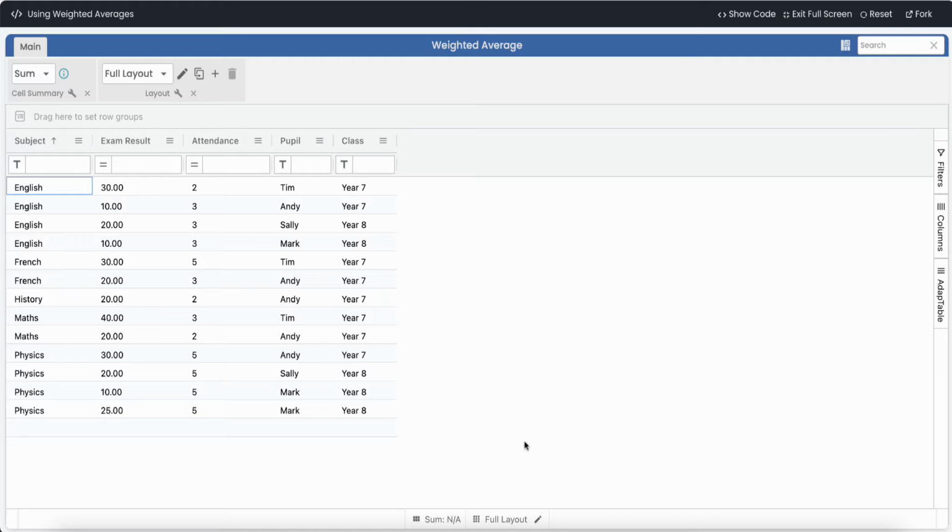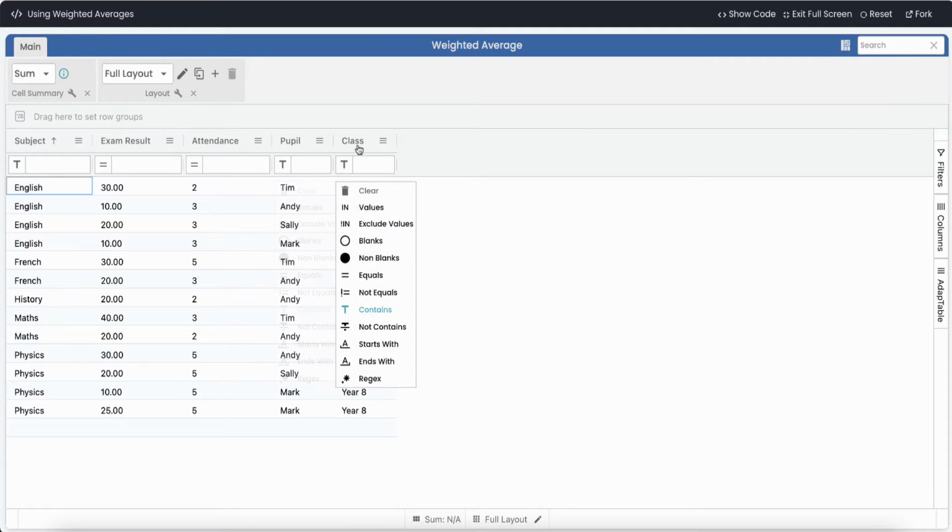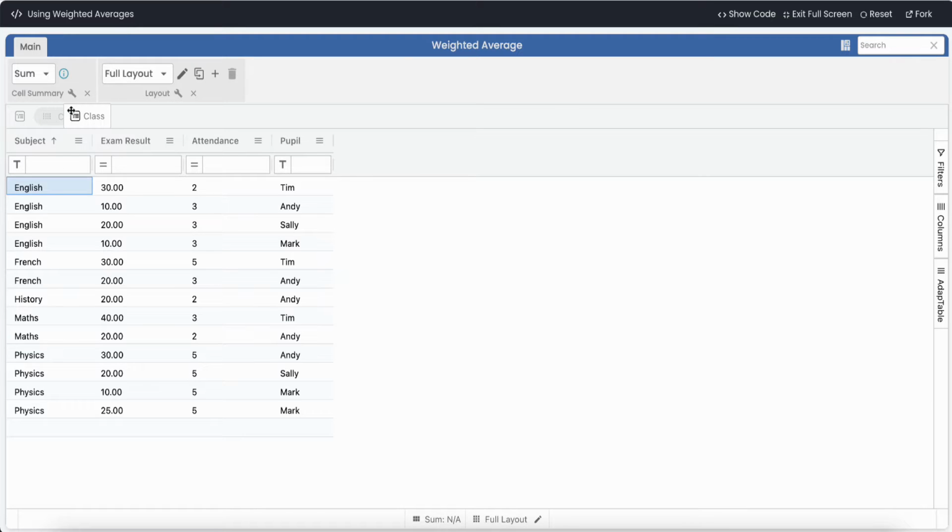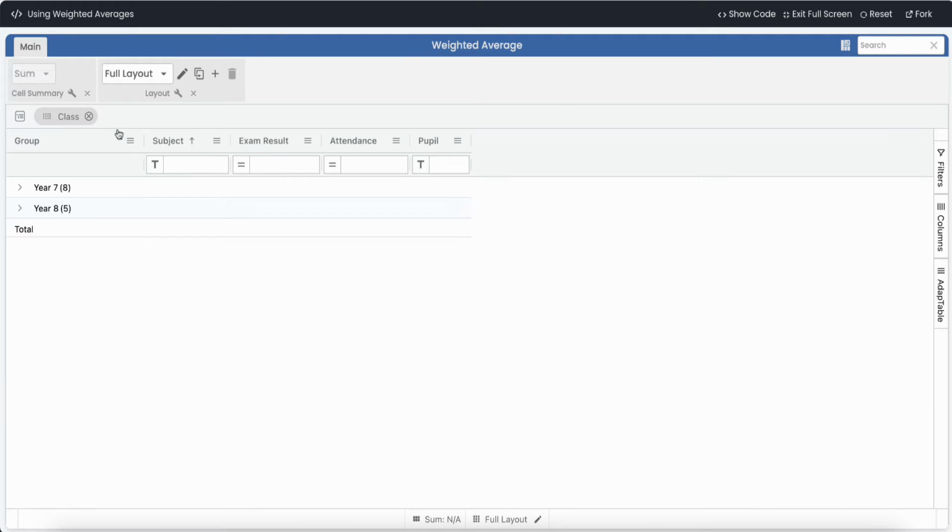So let's look at the first one first, which is doing it through a layout. And here we've got a very simple result set. We've got a list of subjects. We've got two classes, years 7 and 8. We've got some pupils, and in each subject, each pupil has an exam result. And therefore, if we wanted just to work out their average exam, that would be easy to do. Probably the first thing we should do is maybe group the rows. So let's first group it by class, and then let's group it by pupil. So now if we open it up,